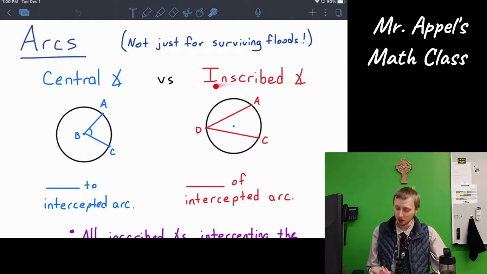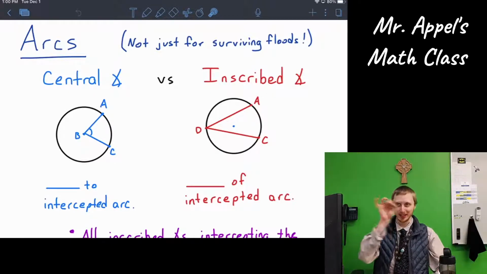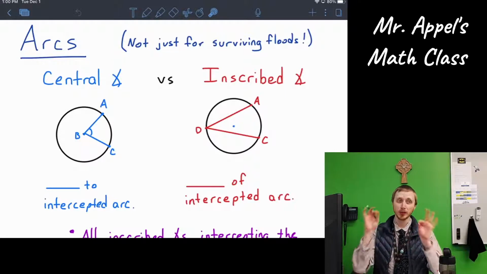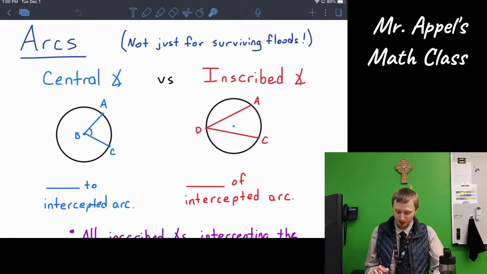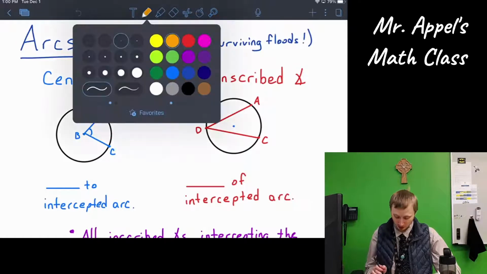Or an inscribed angle. Inscribed means to be drawn inside of a circle with all of your points on the circle. So the inscribed angle also hits points A and C, just like this one, but its vertex is out on the circle itself, not in the center. Okay? So the difference is, compared to that intercepted arc, let's say for the sake of argument